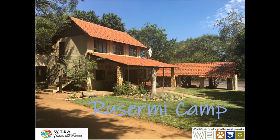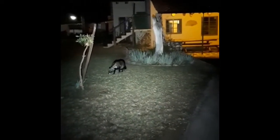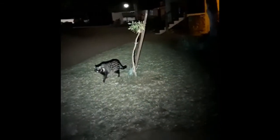The staff and students, based at our Greater Kruger project site, were lucky enough to meet a secretive resident of our research camp. The African civet, Civettictis civetta, is primarily a nocturnal predator of the family Viverridae, and is the largest member of